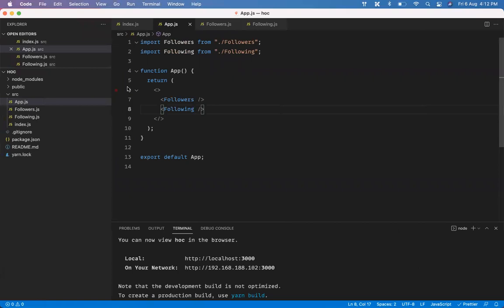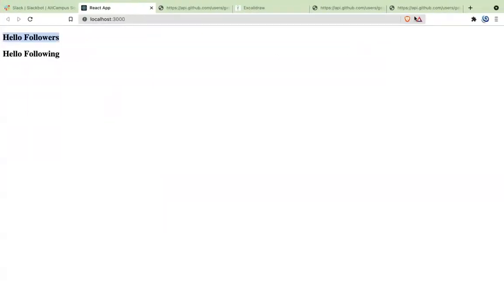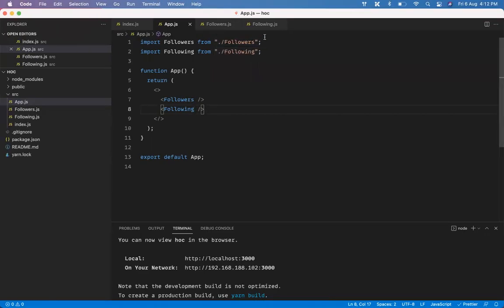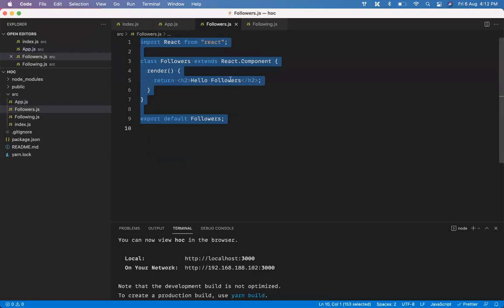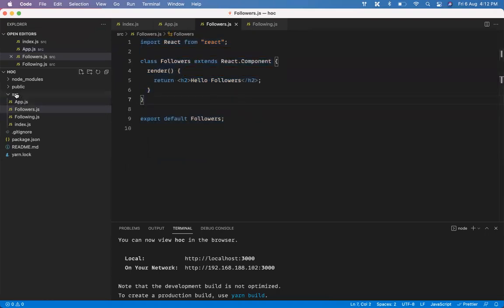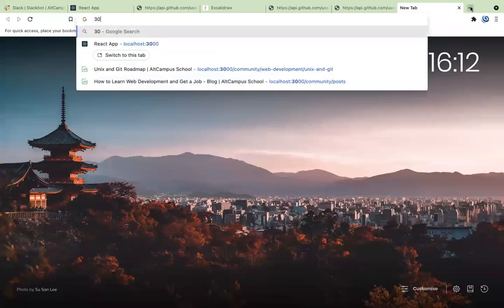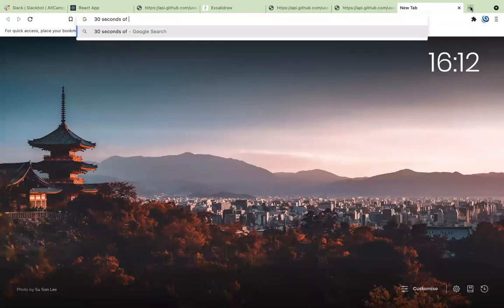And now we will make it dynamic. Okay. So if you look at the API, we have these two APIs. So I'll start with followers. I'm just going to create the first one and I'll try to create it in a better way, having a loading spinner and everything. So for that, I'm already going to have a spinner.js. And for the spinner, I generally use this one, 30 seconds of code.